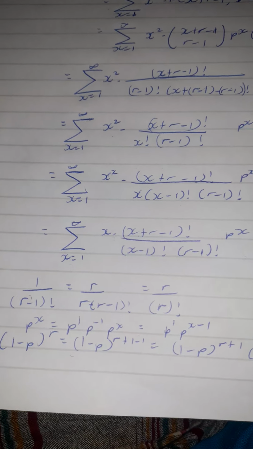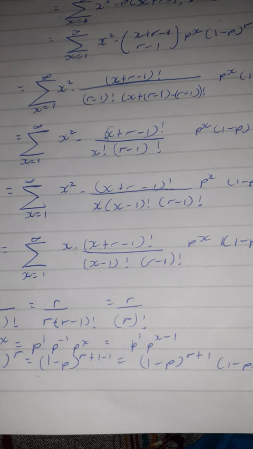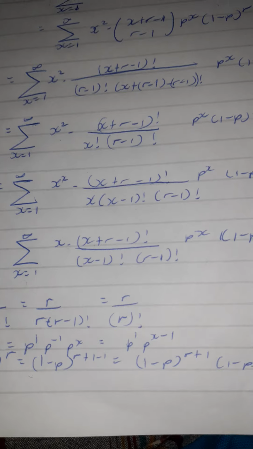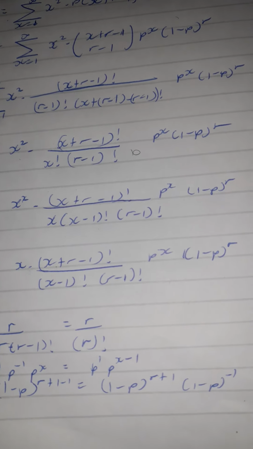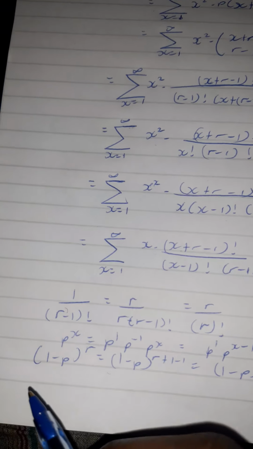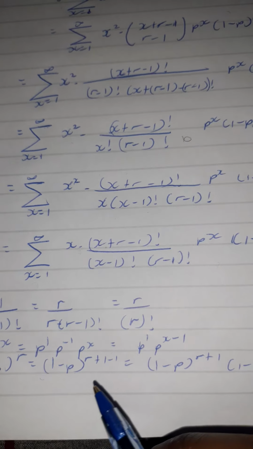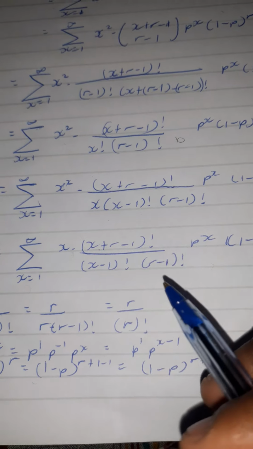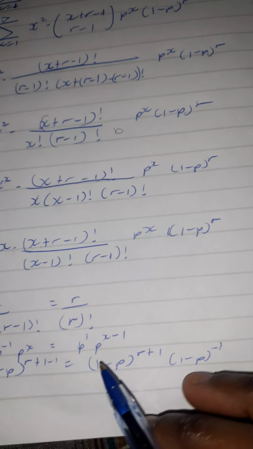Because you can say p^x is equal to, you expand it, it gives you p to the power 1, p to the power negative 1, p to the power x, which can be later written as p^1 times p to the power x minus 1. And also we can expand (1 minus p)^r, which we can write by adding 1 and subtracting 1 in the powers, leaving us with this. And later we can pull out that negative 1 to give us this,